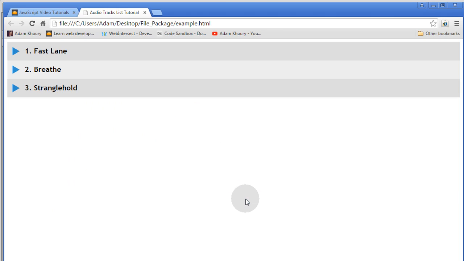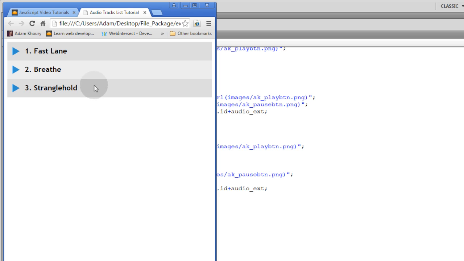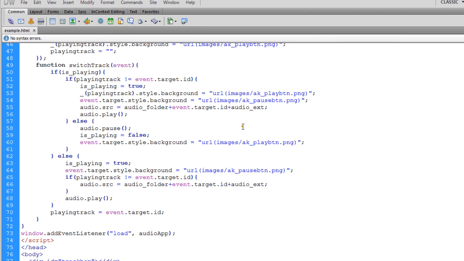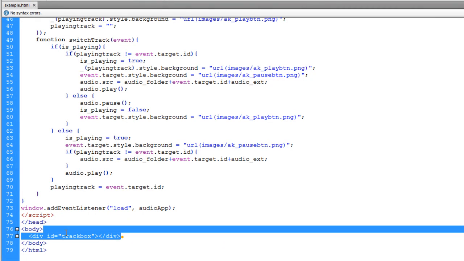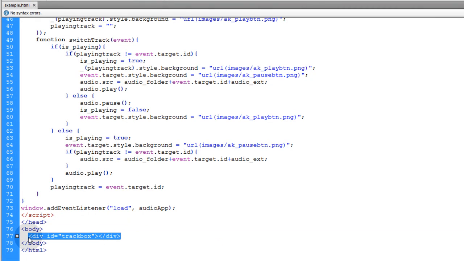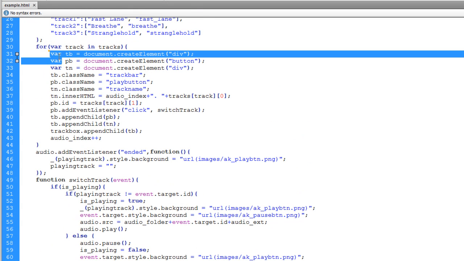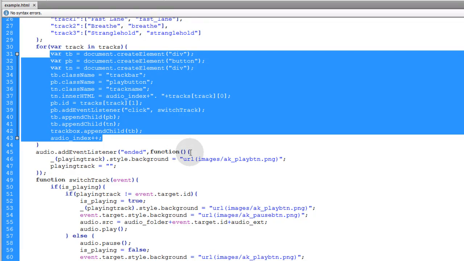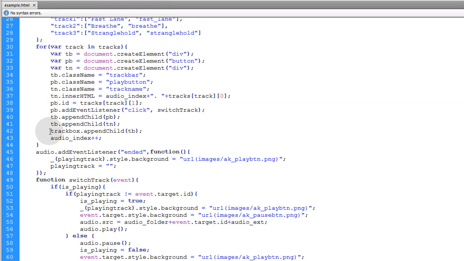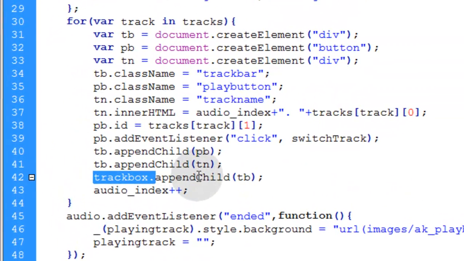Okay, hope you guys enjoyed this tutorial, and remember, you can just pop this into any page and dynamically it will load all of these tracks right in. It will render all those tracks into your little track box, and this is all the HTML that you have to manage. The rest is dynamic script, and it doesn't matter if you have 2 tracks or 1,000 tracks. This little bit of code right here, this for loop, will render them all, because right here you're putting